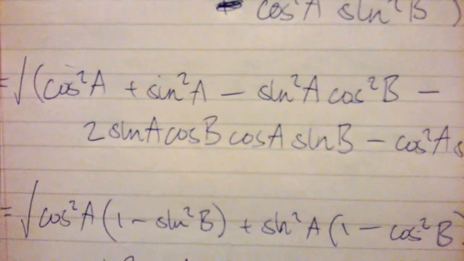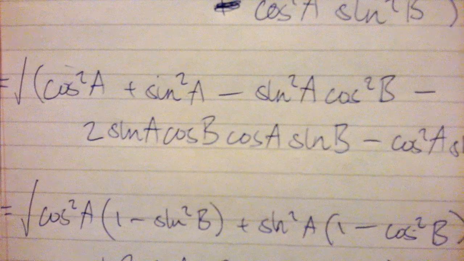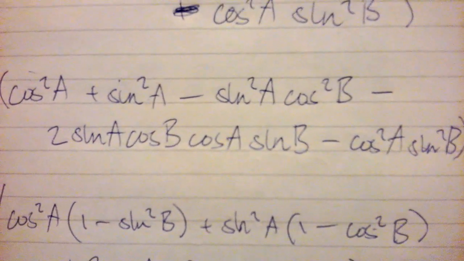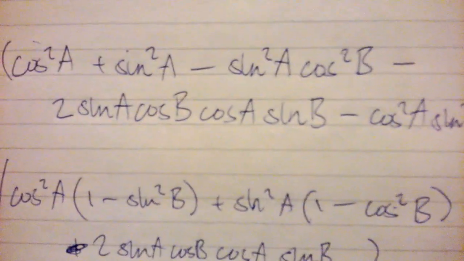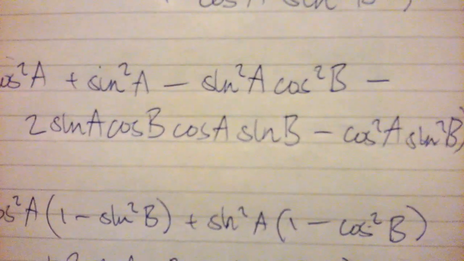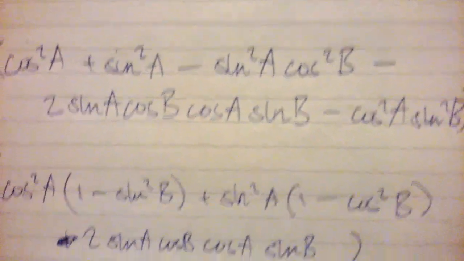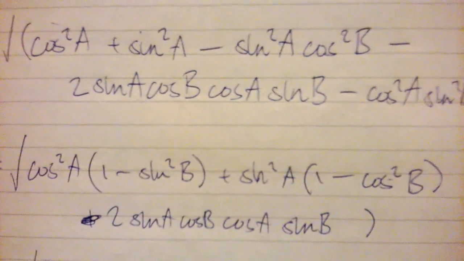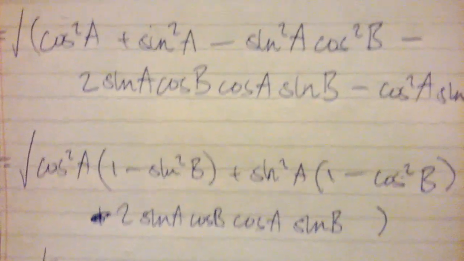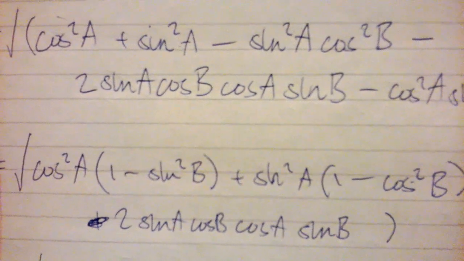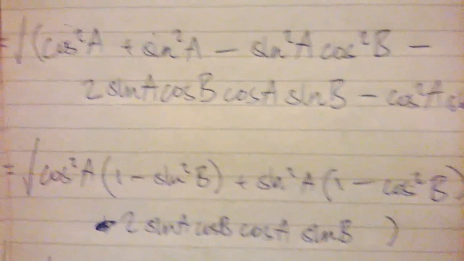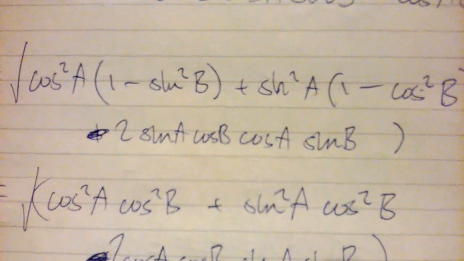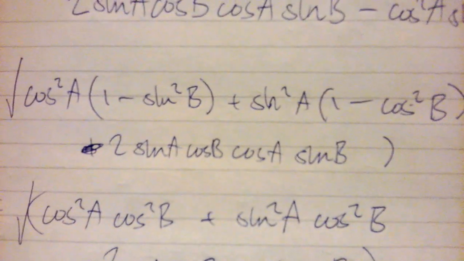Do the same thing for the sin squared a. I've got a sin squared a, and just after that, I've got the sin squared a cos squared b. So I've got sin squared a as a common factor, times (1 minus cos squared b), and then as before, I've just got this minus 2 sin a cos b cos a sin b. So we don't really touch that. So we've got cos squared a times (1 minus sin squared b). So another way of writing that is cos squared a cos squared b. Similarly,